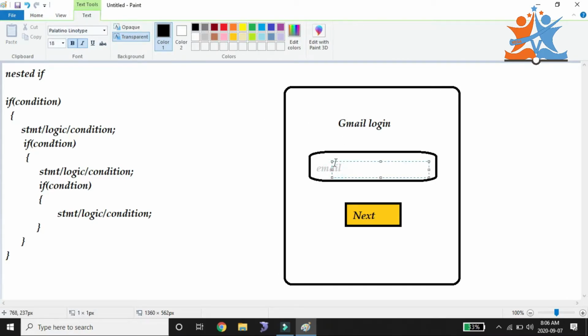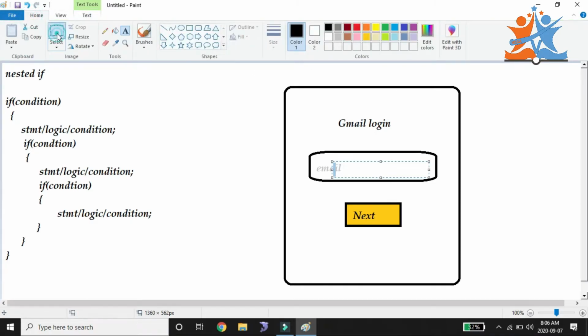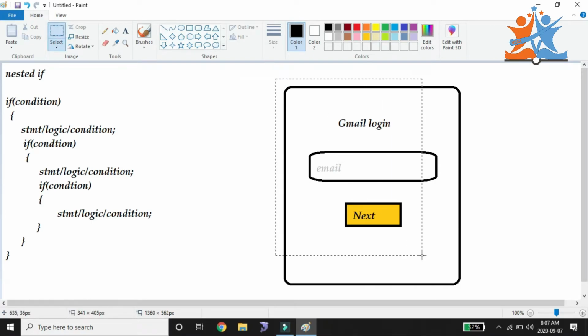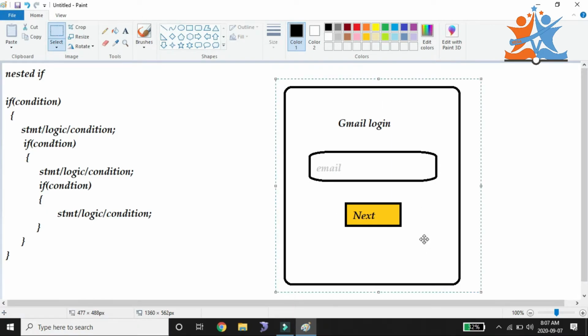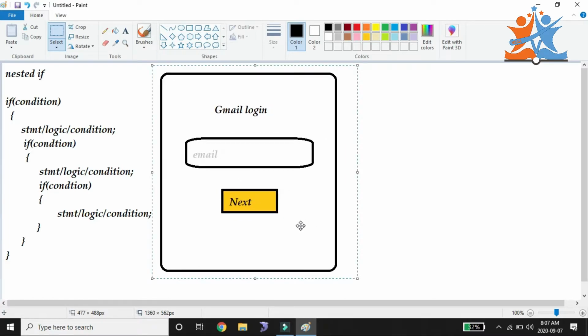You enter a valid Gmail account, then click on next. If the account is valid, only then will the page be redirected to the password page, nothing but the authentication page.